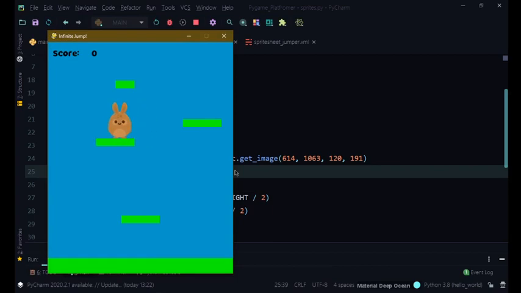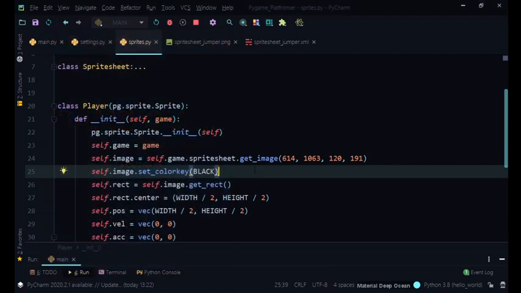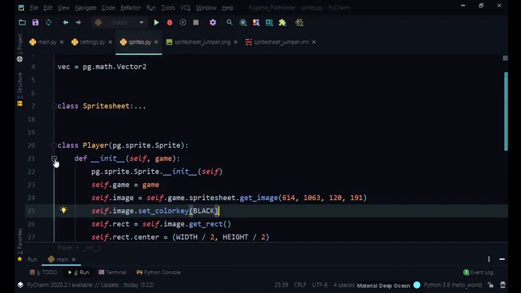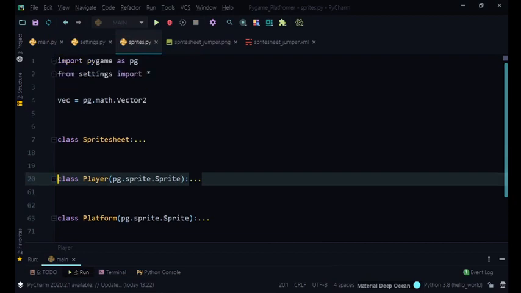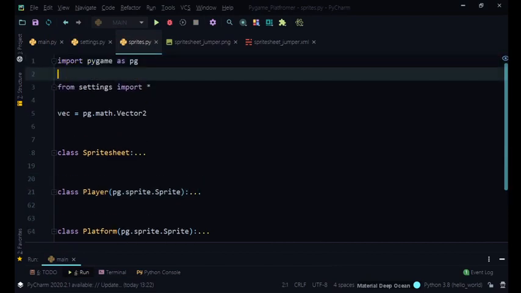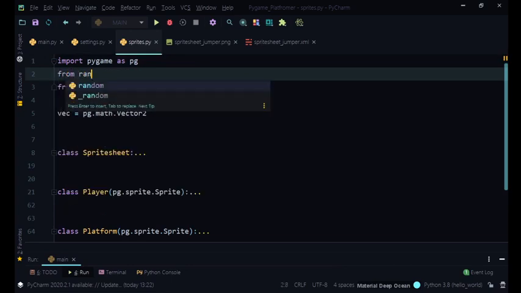But now there is one more thing we need to do. We need to replace the platform graphics. Okay, so we need to do that. So let's do that actually. It's not going to be too hard. So first thing I'm going to do is I'm going to import random. So from random import